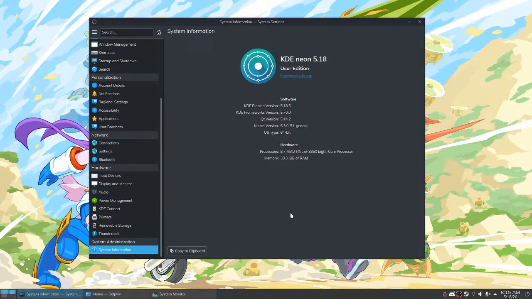Woo! That was just the system settings. We haven't even talked about the system tray, guys. There's still more to cover. Man, this is wild. I wasn't expecting this to go for so long.